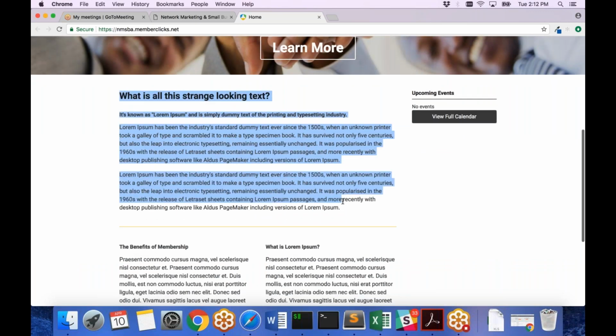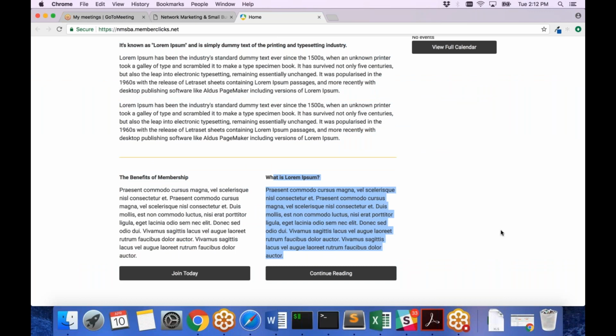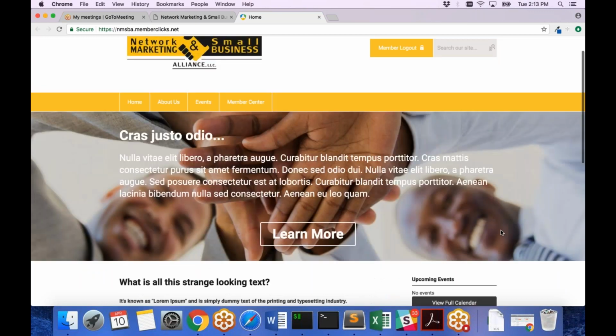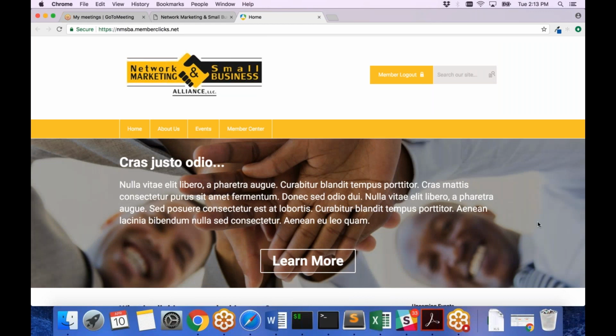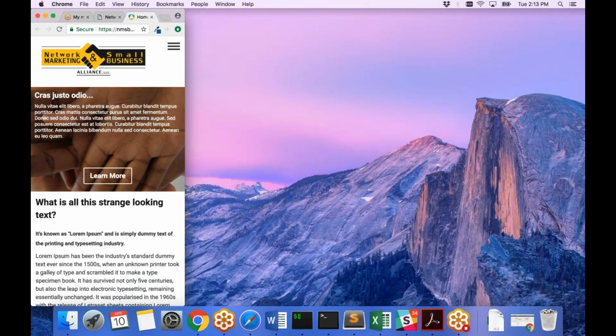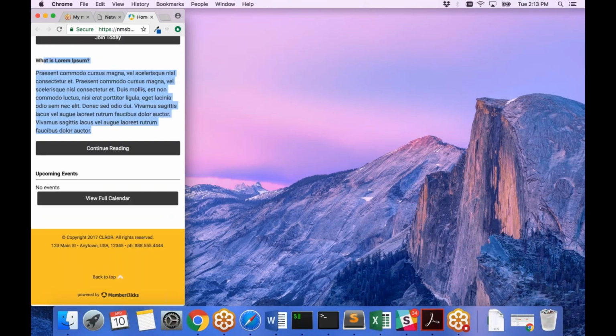I'm also going to be reviewing with you how to change these different areas of text on your home page. So we have your home page main, your home page left, and then your home page right. These are all easy peasy. Now, all of your home page is made up of what we call responsive sections. So if I was on your page on a cell phone, I'd still have full